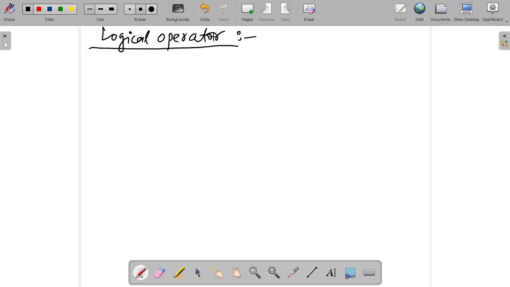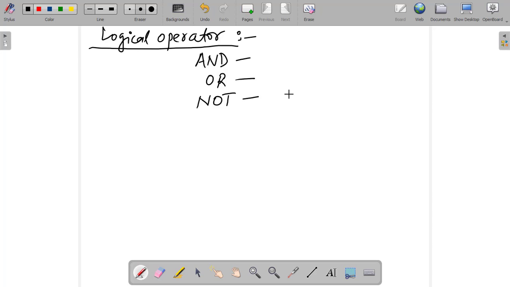So the other operator will be the logical operator. So what is a logical operator? There are three logical operators mainly in C. There is the AND operator, there is the OR, and there is the NOT. I hope each and everyone is familiar with these three terms.